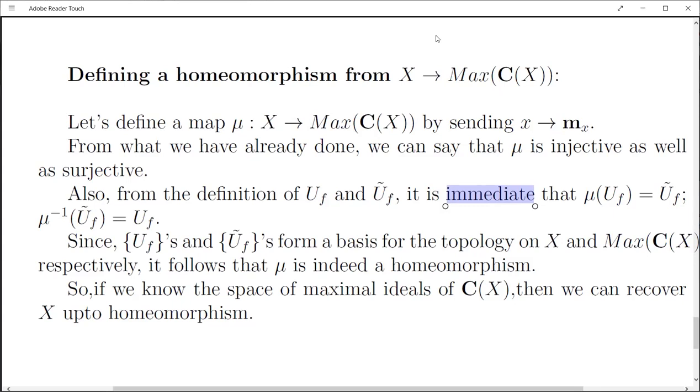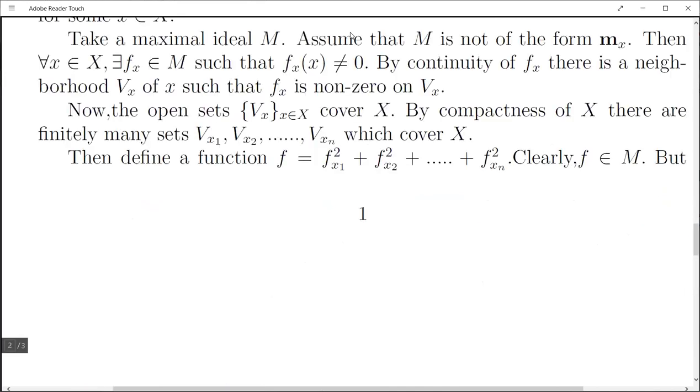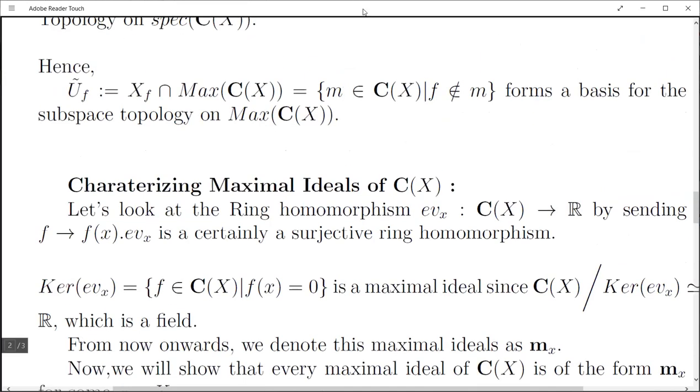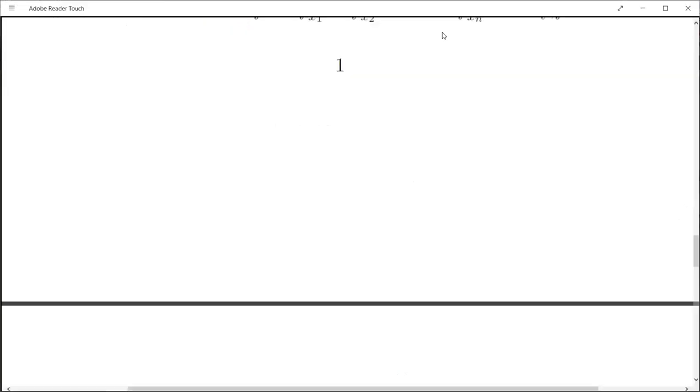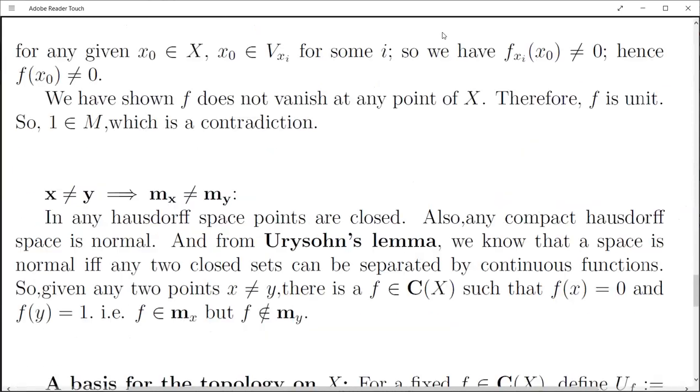So you define UF tilde this way or what? Yeah, I defined UF tilde this way actually. Okay. Yeah. Oh, there I see. It could be some difference in the notation from the book, maybe. But yeah, right. So this UF tilde is a basis on the right hand side, my maximal spectrum, and UF for the left hand side. Okay. Right, yeah.